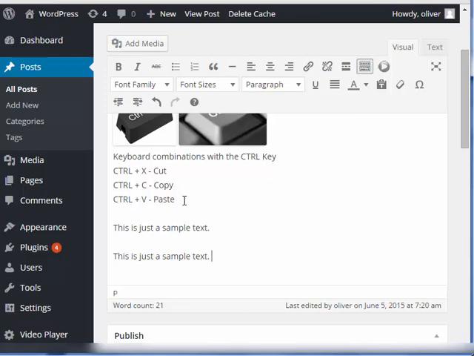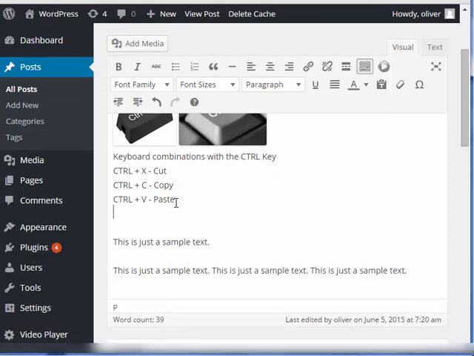Now, the combination that we're using when we're pasting is Control V. When we cut or when we copy a text and we want to paste it, we just do the Control V. And it lets us paste the text into the selected portion of the blog or the post. Now, there's one more thing that I forgot to mention here, which is